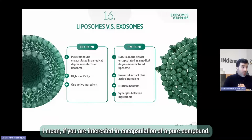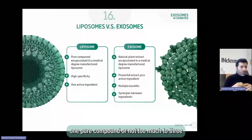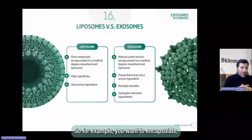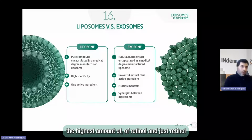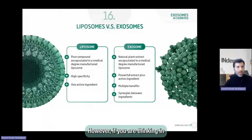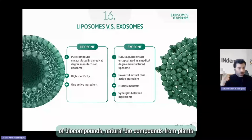I mean, if you are interested in encapsulation of one pure compound, or not too many, 2 or 3 at most, pure compounds with a very high specificity, for example, you want to encapsulate retinol or retinal because you really want to encapsulate the highest amount of just retinol to increase the production of collagen in the fibroblast, probably the best system for you is a liposome. However, if you are thinking of a vector which contains different types of natural biocompounds from plants